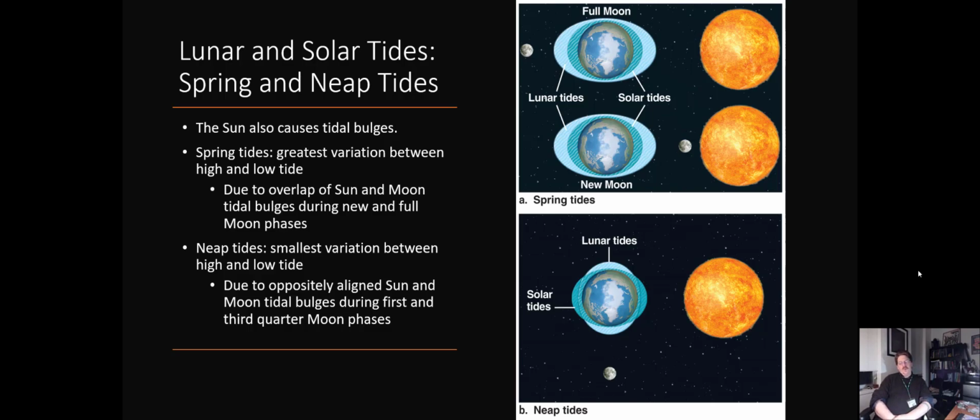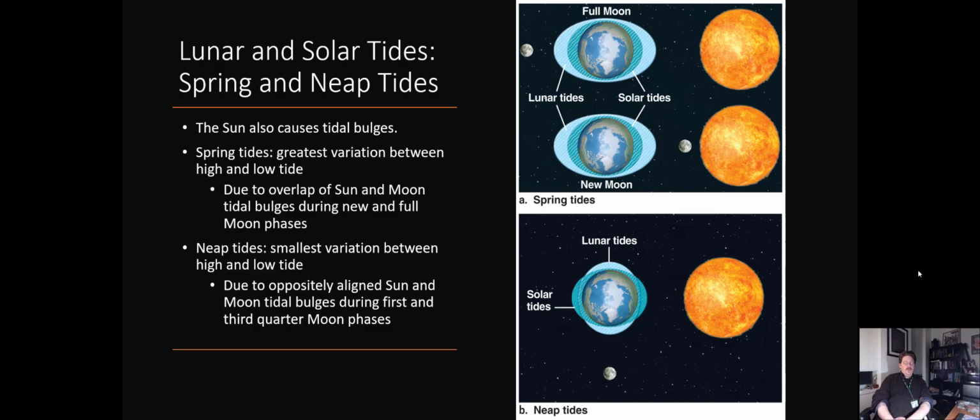In contrast to that, if you have a system where the sun, Earth, and Moon are at right angles to each other, as you would have during the first and third quarter phases, then those 2 gravitational attractions will not quite cancel out, but they'll work against each other. And these are referred to as neap tides. If the gravitational influence was exactly the same, then they would cancel each other out. But the sun's influence is significantly smaller than the moon's. So what you have is just a dulling of the tides. The high tides are not as high, the low tides are not as low,